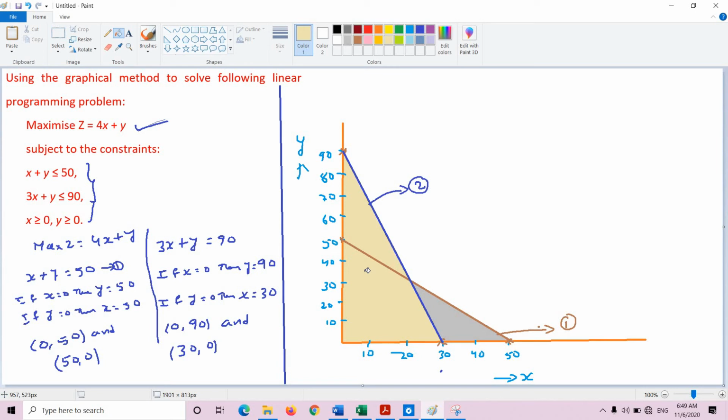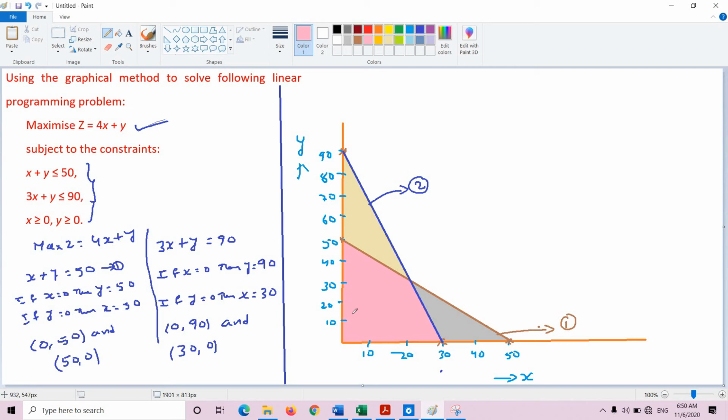But here we can observe that both areas are intersecting. Only this area is intersecting. Right, okay. Let me take the intersection area with another color. This is the other color I am going to take. This is the intersection of these two areas. Now this intersection area, this pink area, is called the feasible region.